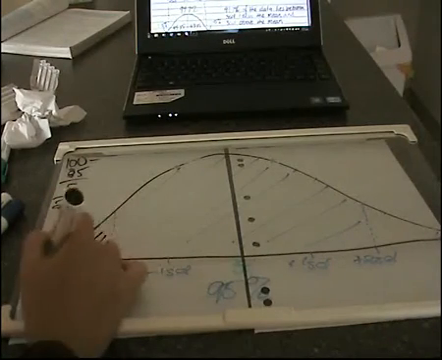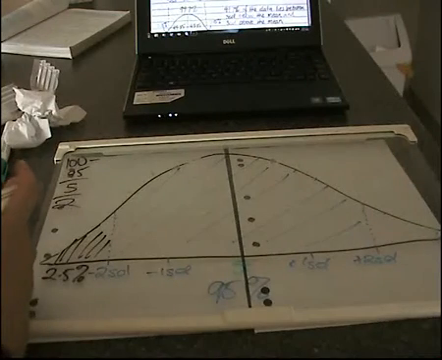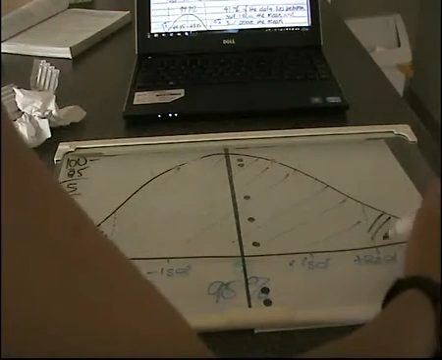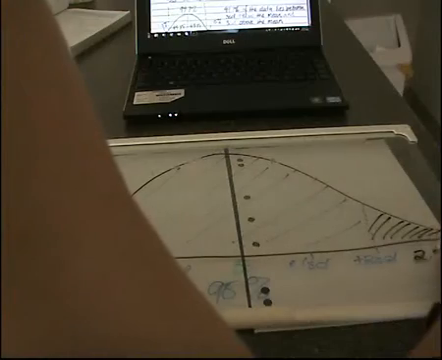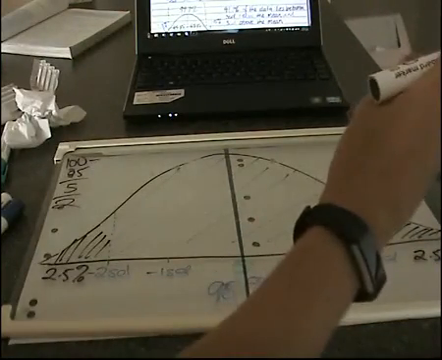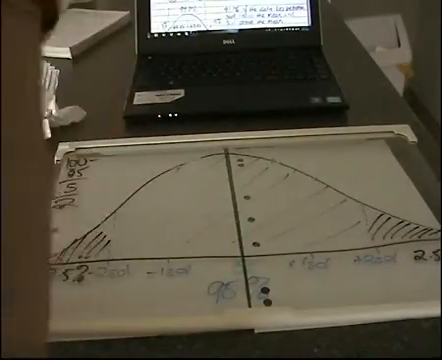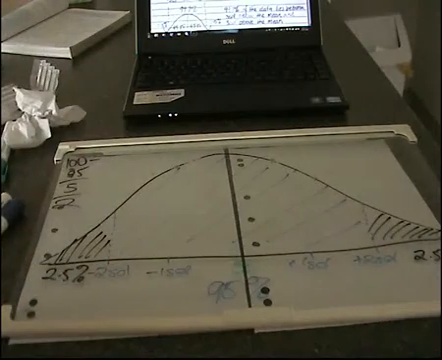So we have 2.5% of the data is below 2 standard deviations below the mean. And 2.5% of the data is above 2 standard deviations above the mean. All right, that's our